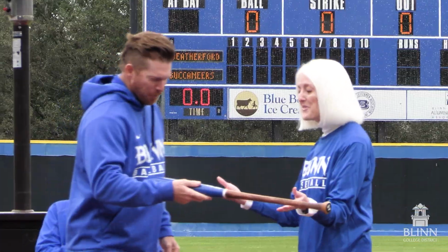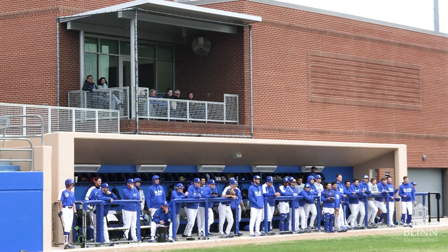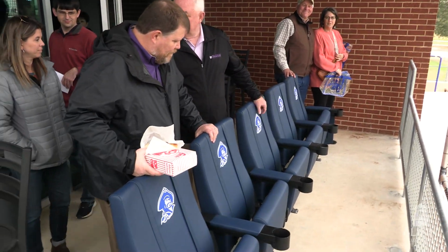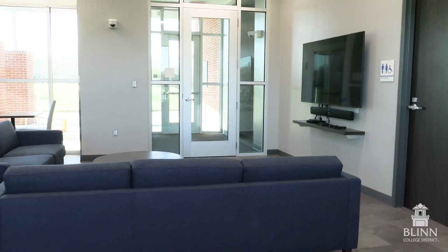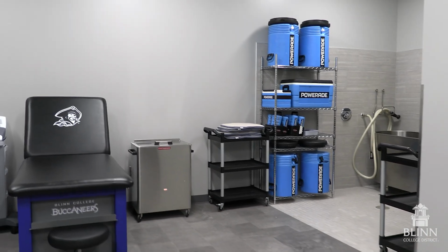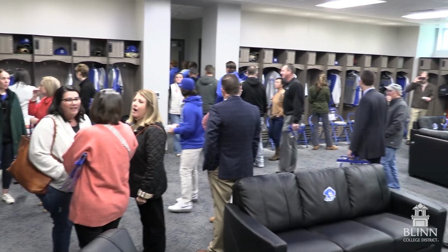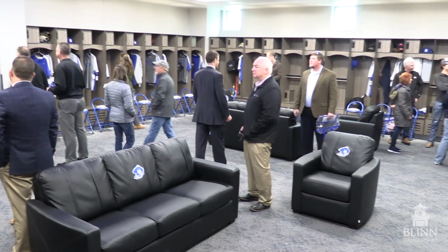We're absolutely thrilled to welcome you to the premier community college baseball complex in the state of Texas. It's 5,500 square feet. The facility includes a club deck, a club room with lounge seating, a training room with treatment equipment and a hydrotherapy tub, and a new locker room with space for 45 players, lounge seating, and a